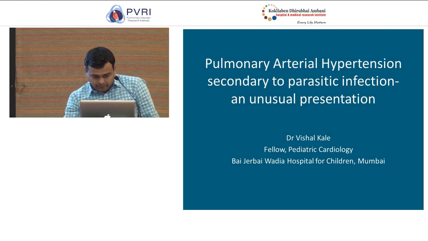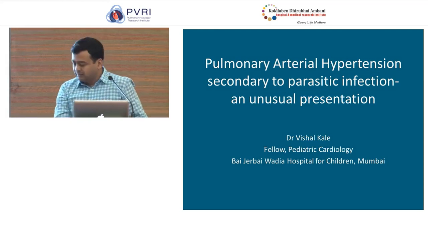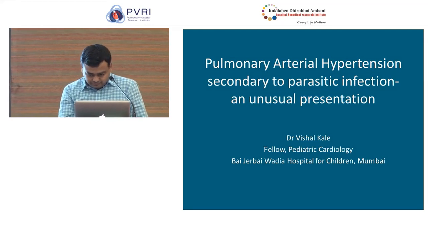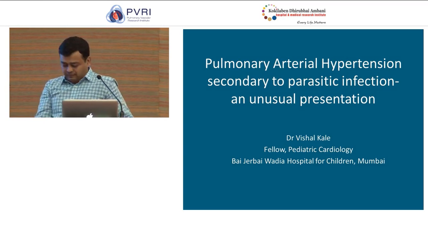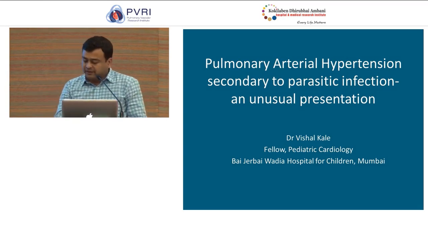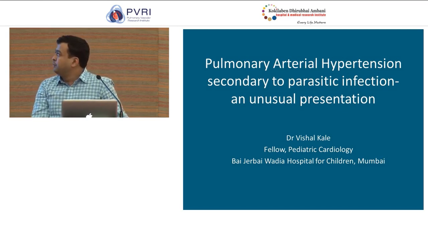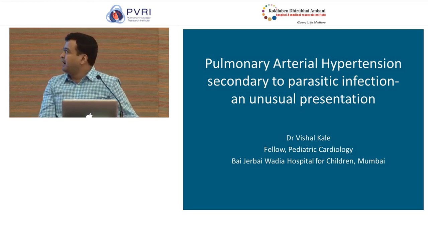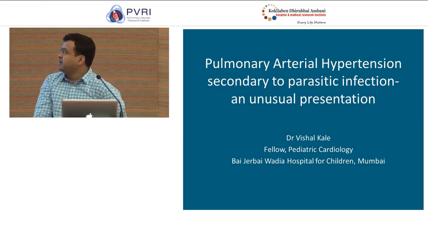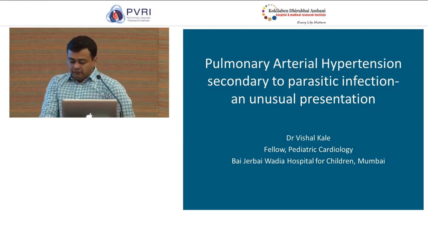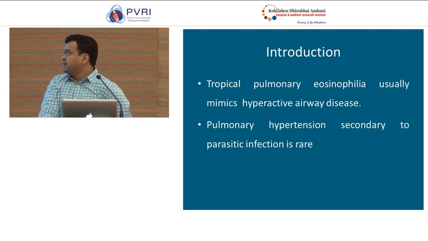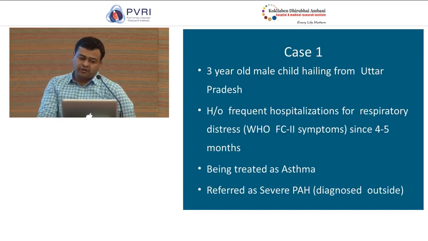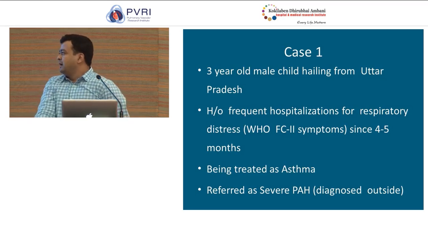I'll be presenting a case of pulmonary hypertension associated with eosinophilia. Pulmonary eosinophilia can usually mimic a hyperactive airway disease, but eosinophilia presenting with pulmonary hypertension is rare. We had two such cases. The first case was a 3-year-old male child hailing from Uttar Pradesh, who came with a history of frequent hospitalizations for respiratory distress. He had WHO functional class 2 symptoms and was being treated as asthma, and he was referred for